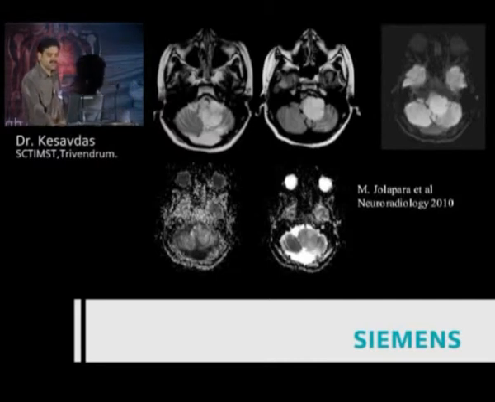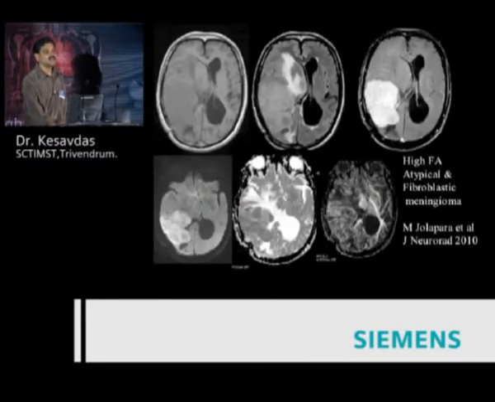And consistently, in many cases, we saw that if you have a high FA value, this is the FA map, actually within a glioma, you expect a lot of destruction of white matter. Rather than that, the FA value is quite high in this particular case, which shows that this particular lesion is a high-grade lesion, and actually it was proved, and we have published this in Neuroradiology. Similarly, if you go to a meningioma, within a meningioma, if you see the FA is high, this is the FA map, and you can see the FA is high.